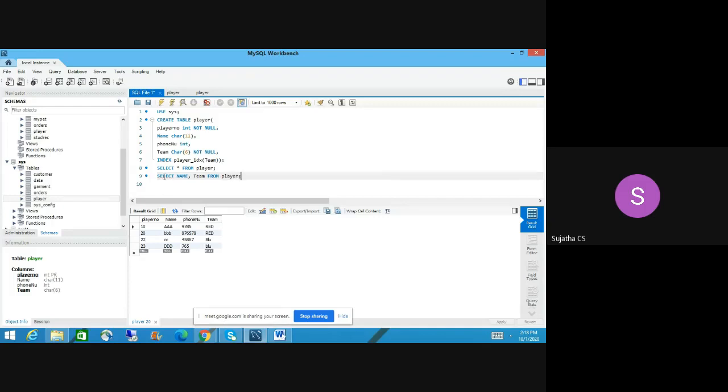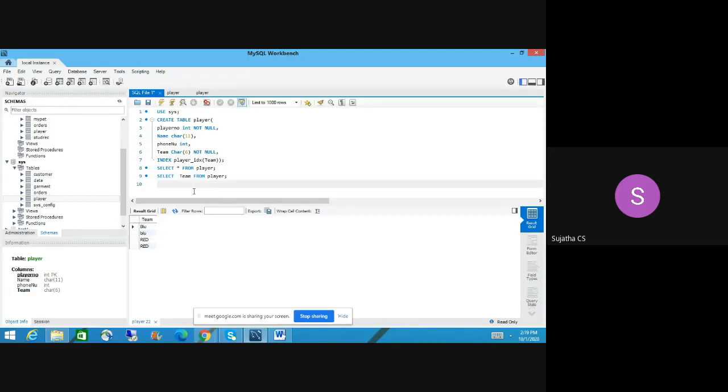We haven't said anything, we are just picking team and name. Let's run that query. What will happen? Red and blue. See, it is sorted by itself, right? We haven't used an order by clause or anything. So when you use that index key, it will sort by itself. That is the purpose of indexing that column.